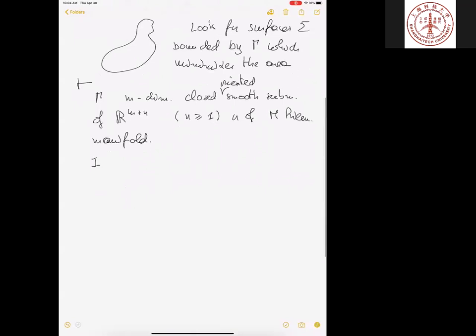So ideally, I would actually like a minimizer that is some equally smooth (m+1)-dimensional submanifold, say sigma,